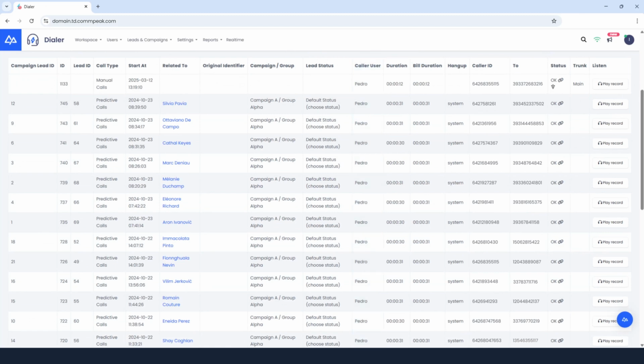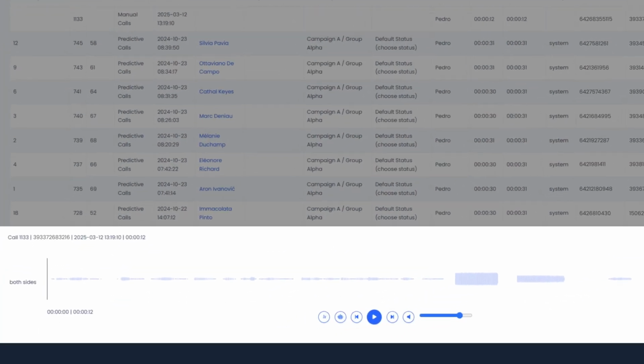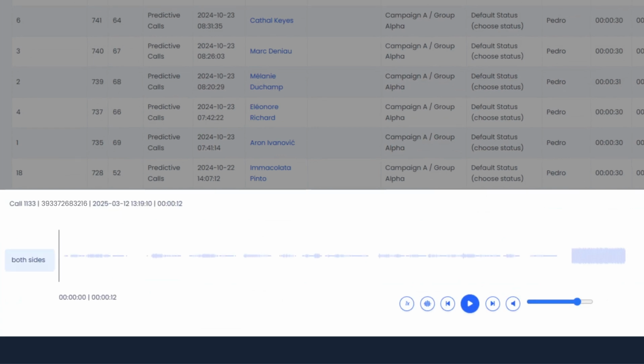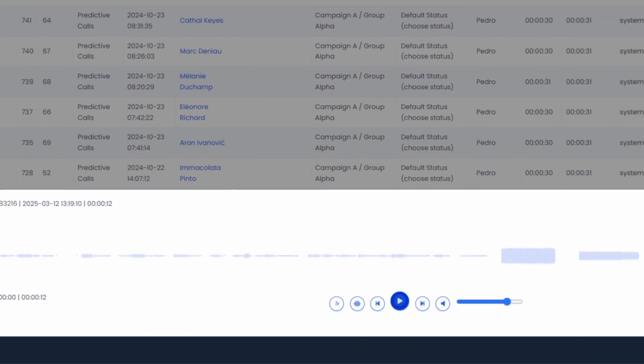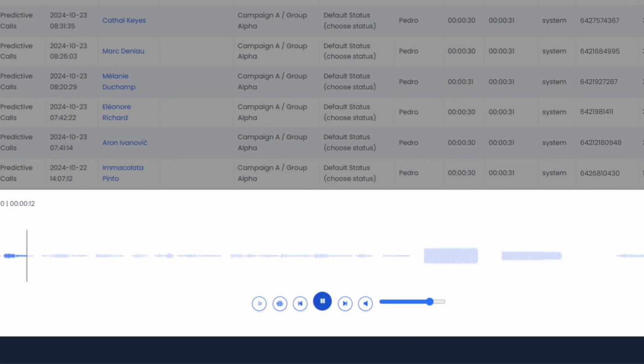To play a call recording or download it, go to the Listen column. In the audio player, the waveform lets you preview the audio for both sides, or split it between the callee and the caller. You can navigate the recording using intuitive controls, pause the audio, change volume, or modify the playback